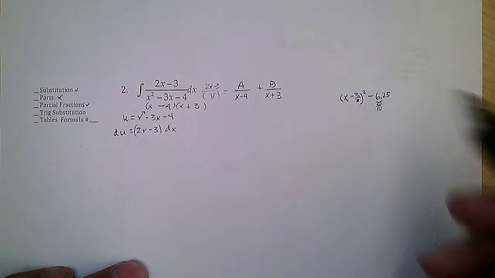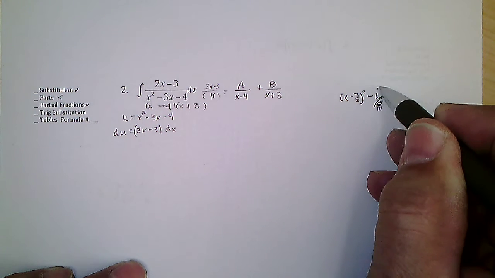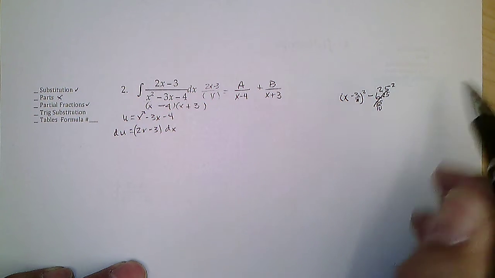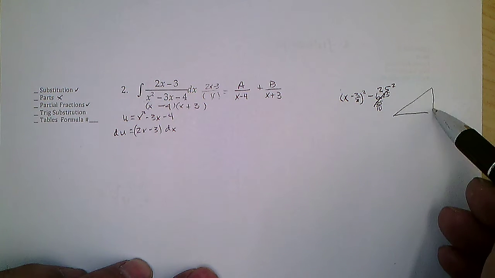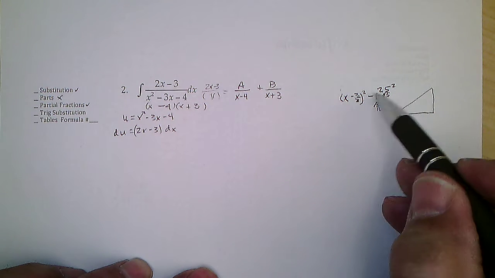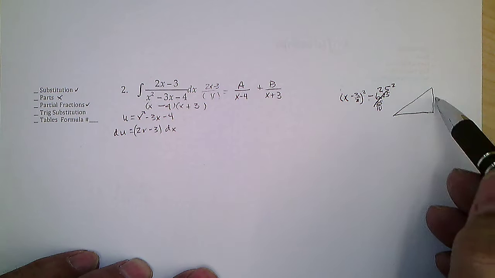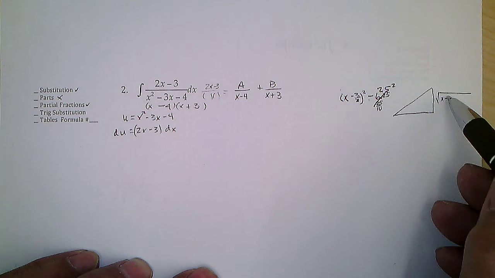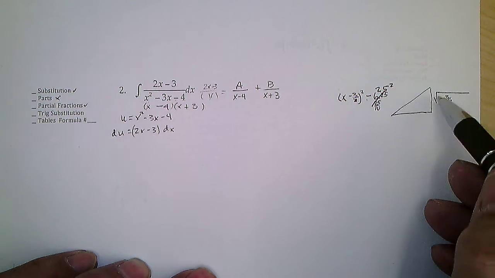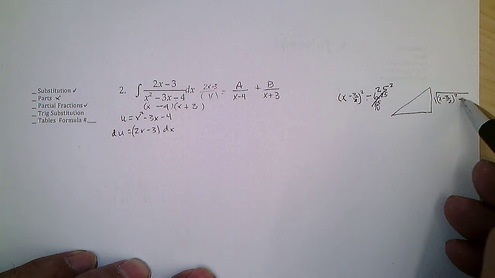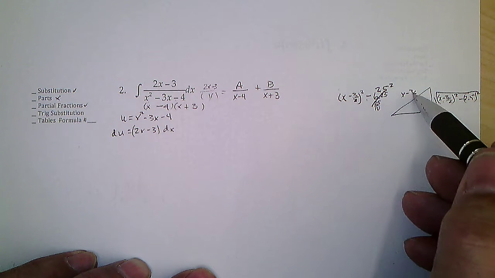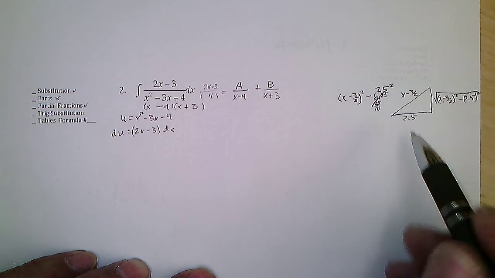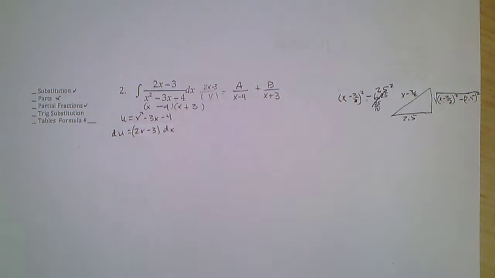Yeah. So this would be 2.5 squared. Well, that's looking like it would work for a trig substitution where we set it up with this being minus, and so we'd put it over here. This would be x minus 3/2 squared minus 2.5 squared. We'd put the x minus 3/2 here and 2.5 here, and we could do trig substitution